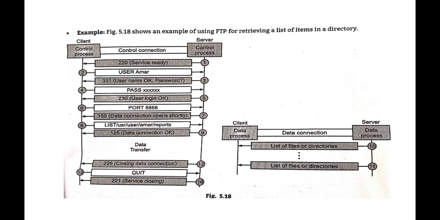Why is the data connection closed? Because the data transmission work is done here. So for that the server responds with the 226. It means that the data connection is closed. The control connection is still in active mode, but the data connection is in closed mode because the actual data transmission is done. Okay, then what next in step number 11, what is done here?